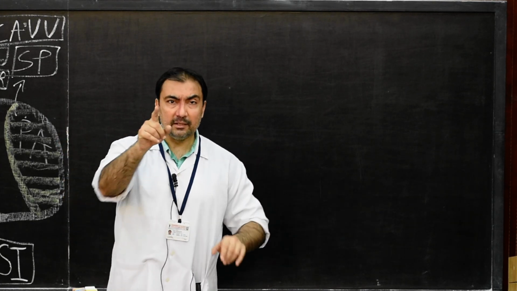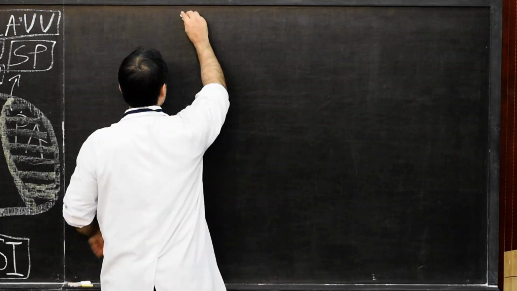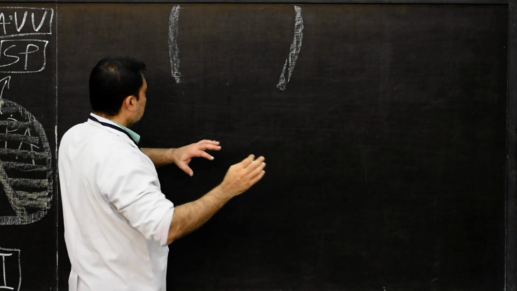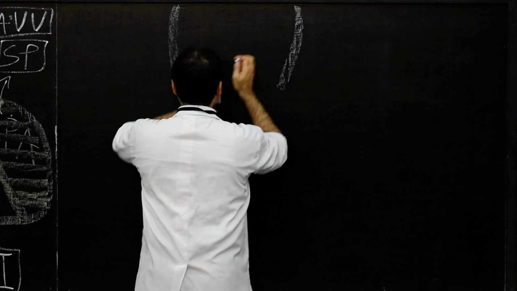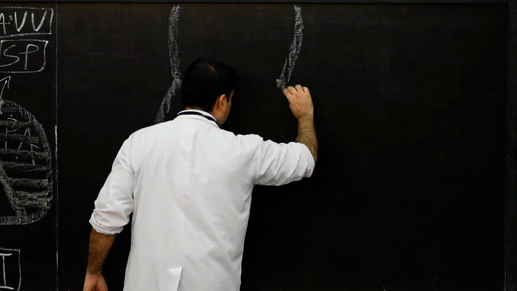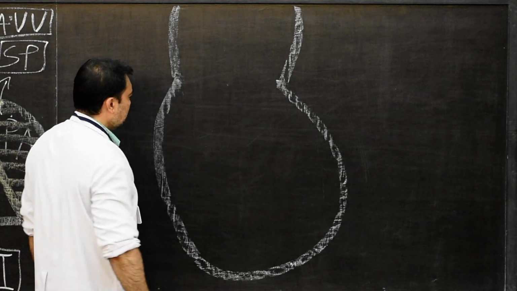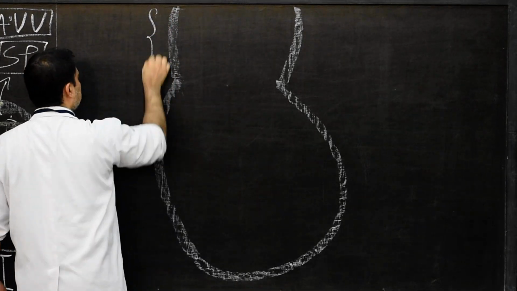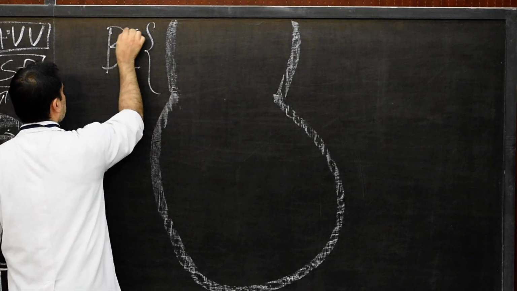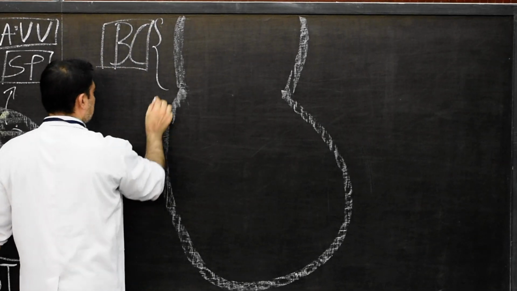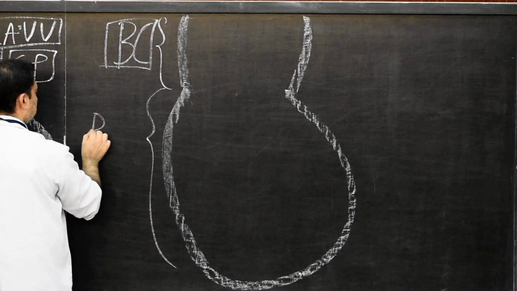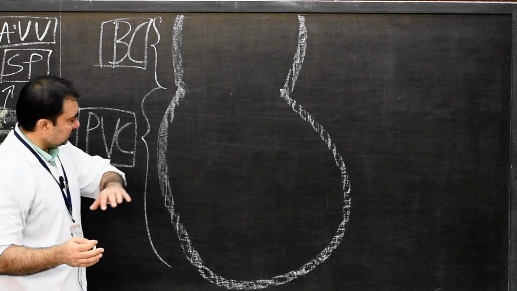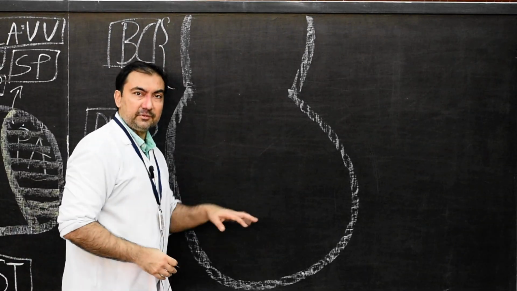Keep it simple. Now, the diagram which follows will be the diagram which we are looking at from the front. This is our bulbus cordis, and from here we are going to draw the entire ventricular cavity. So I will mention this as bulbus cordis here, and this as the primitive ventricular cavity from the front. As this is from the front, the atria will be dorsal to it, behind it.